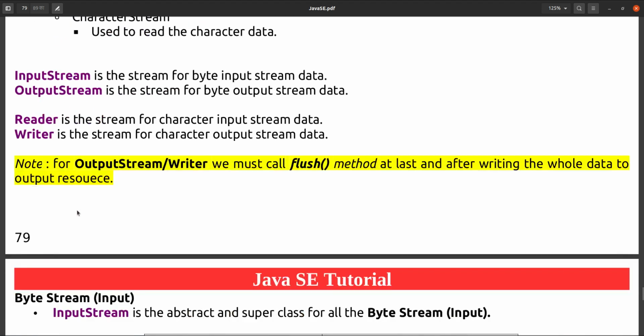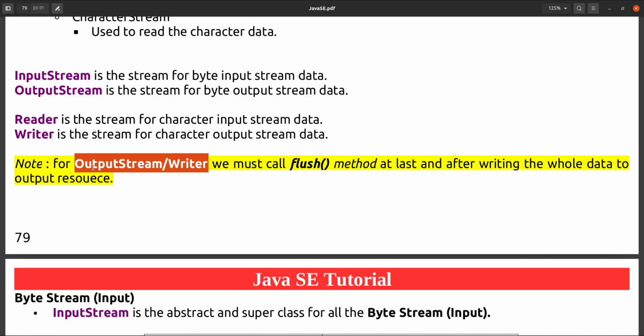Okay, and every output stream, that can be an output stream or a writer, must be flushed, because that is a stream. We have already seen that it is a stream only. That stream can be a writer or an output stream.